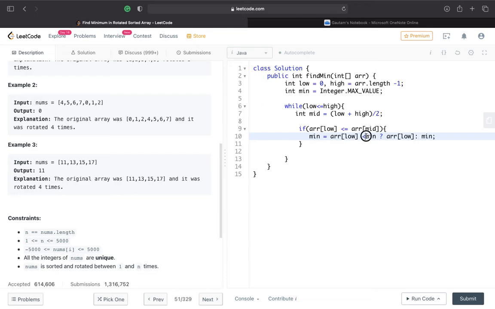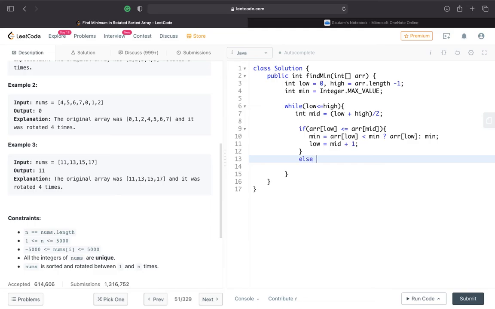What I've done here is check if ARR of low, the first element of the leftmost sorted part, is less than min. If yes, we update the minimum with ARR of low, otherwise the minimum remains the same. After that we'll do low equal to mid plus 1 and move to the right hand side, because we have got the minimum element of the leftmost sorted part.